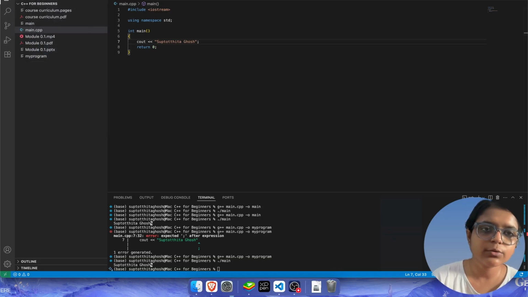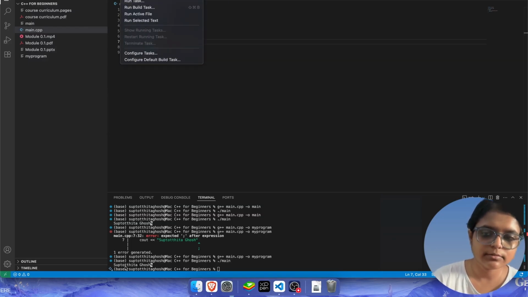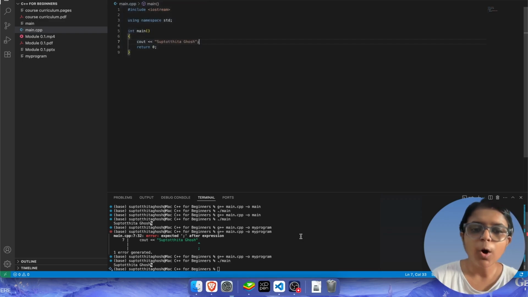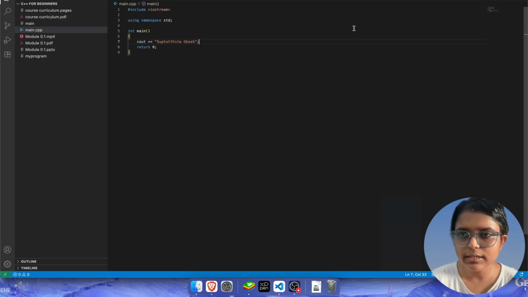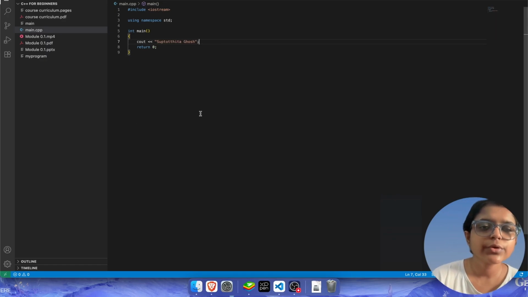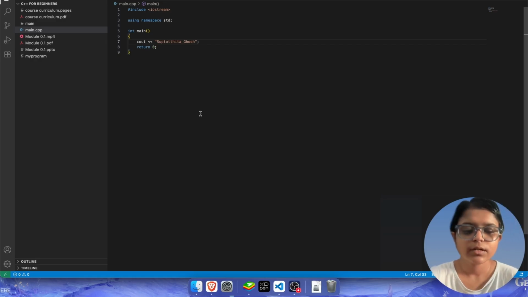For the terminal, you are going to go here and click on new terminal, and then you have a new terminal here. If you want a clean terminal, you can go to the right side and see a bin icon here. Click on this one and you can hide the terminal for now. So that was about it, I guess, and we went over what we learned today.